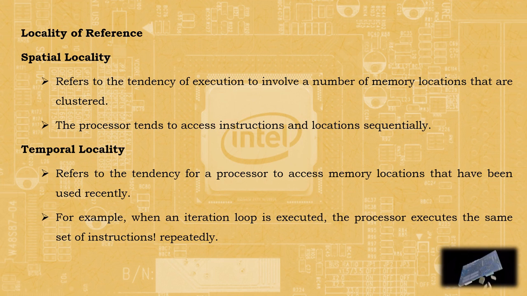When fetching an instruction from memory, move its neighbors into cache memory as well. That is, if I am accessing the instruction from location 1000, then we will move the complete block from main memory to cache memory. Next, temporal locality. Recently accessed items are likely to be accessed in the near future. Assume that you are accessing particular data at 10 o'clock. If you access the same data again at 10:02, then it is based on temporal locality.